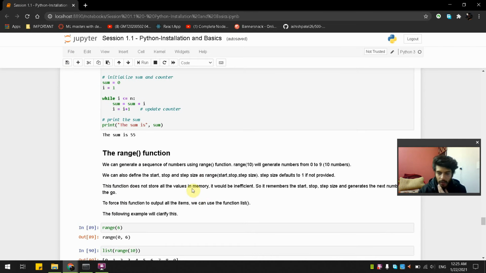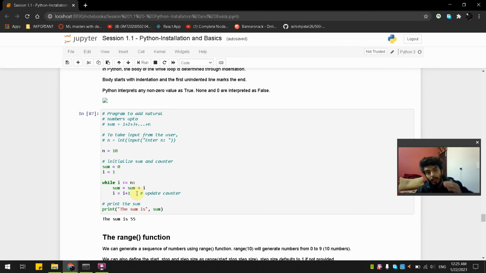And if we talk about the while loop, n is equal to 10 and sum is equal to 0, i is equal to 1, while i is less than or equal to n. i is less than n because n is 10 and i is 1.